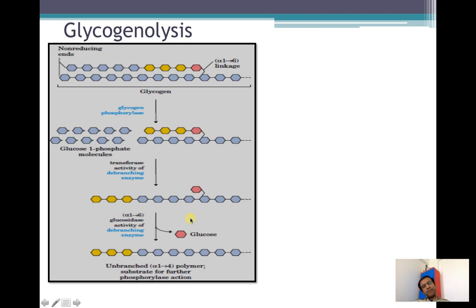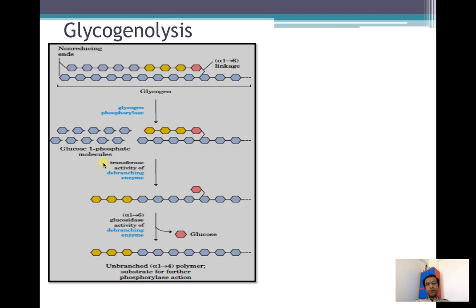The end product will be mainly glucose 1-phosphate molecules, and after 10 to 12 steps the free glucose molecule will be released. So in glycogenolysis the end product was glucose 1-phosphate, but our main aim is to